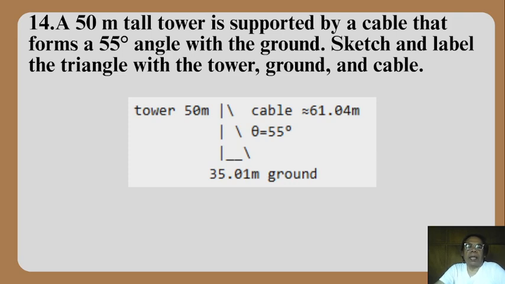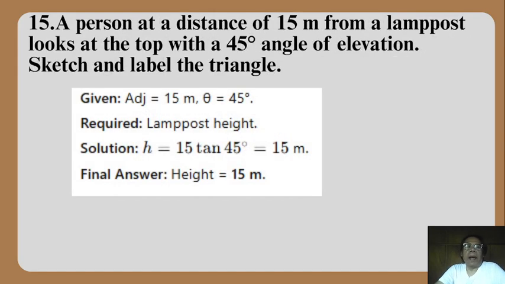We have theta 55 degrees, the tower is 50 meters, and then the base is 35.01 meters, and the cable is 61.04 meters. Number 15. A person at a distance of 15 meters from a lamppost